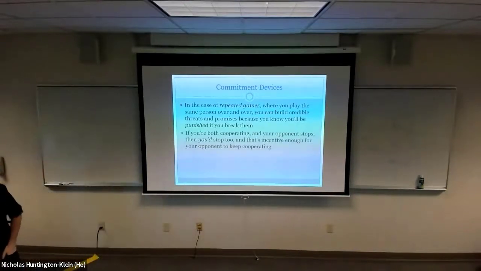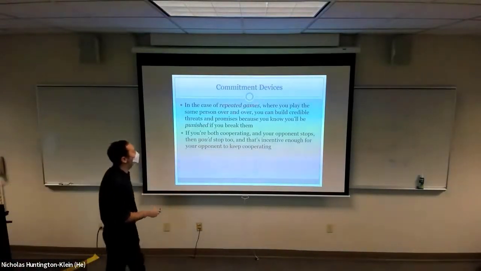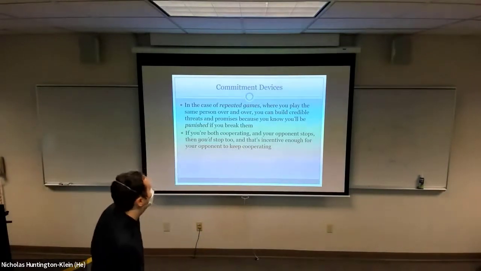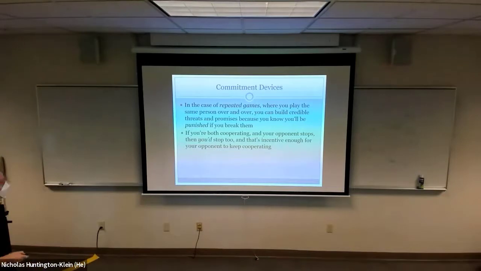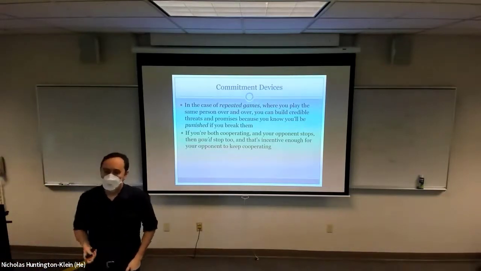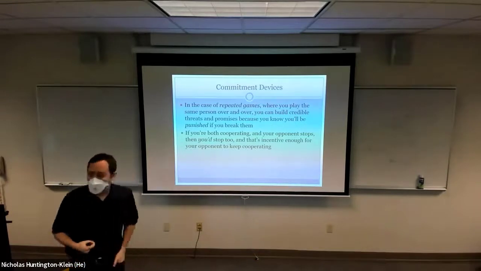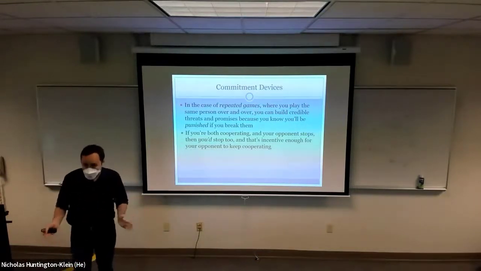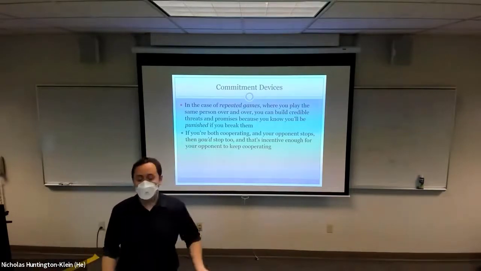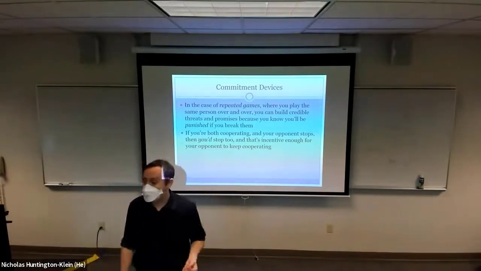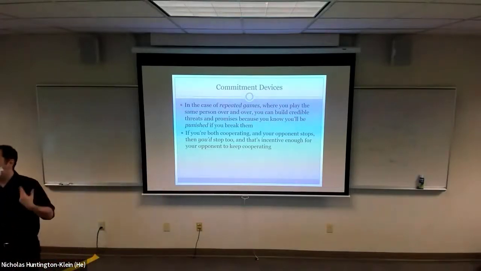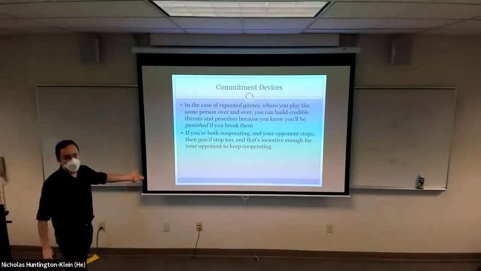So reciprocity is only possible if the game keeps going after it's over. One way in which we can sort of model this out is in the format of repeated games, where you're playing the same game against the same person over and over and over. Right? When you do this, you can build credible threats and promises because you know that you'll be punished if you break them. So in the prisoner's dilemma example, forget about going home after the police station and getting beat up or whatever. Imagine you know that you're going to show up at the police station every single day with the exact same person, and you're going to choose to confess or defect every single time over and over and over again, right?